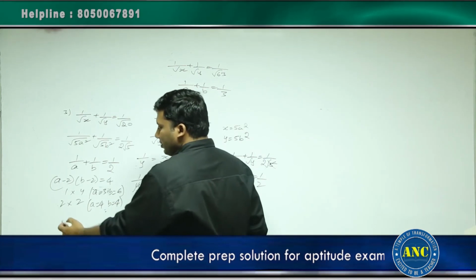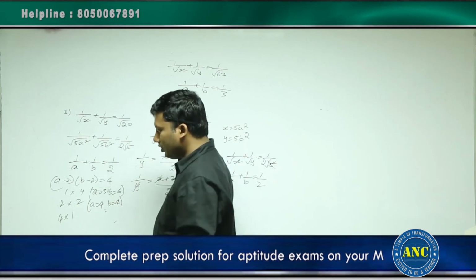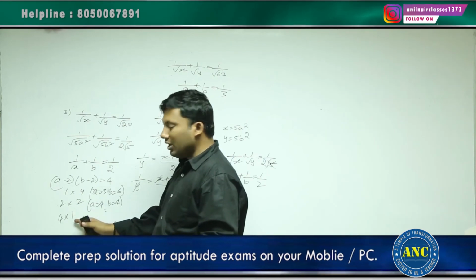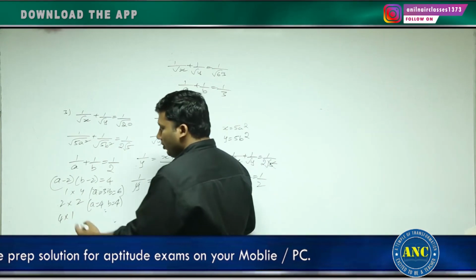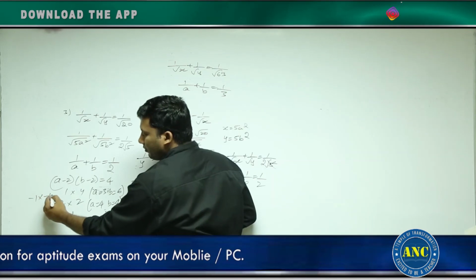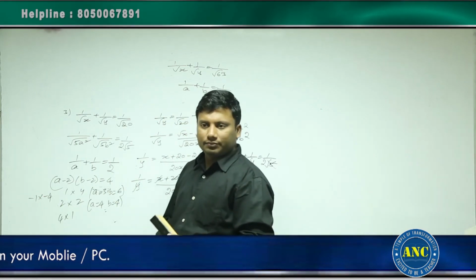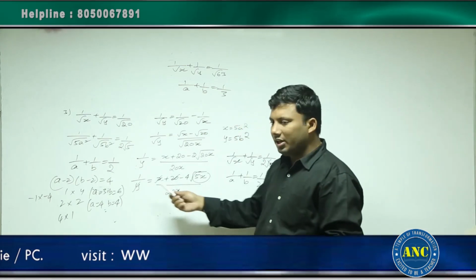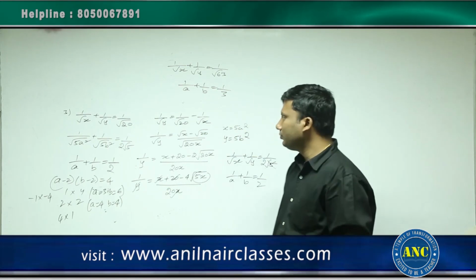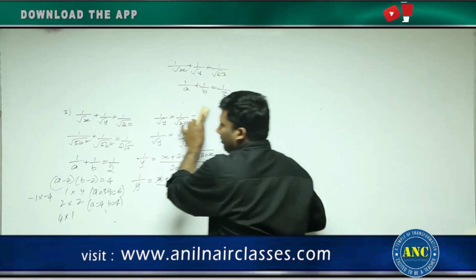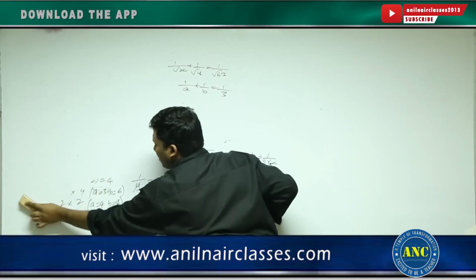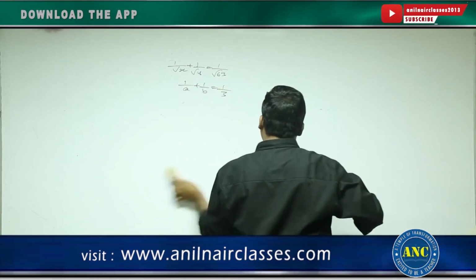If I take the reverse, 4 into 1, a is 6, b is 3. You take minus 1 into minus 4. Check it out, what are all the values. Once you get it, then decomposing is very easy. Next, please see the sheet. One question which we did not solve is question number